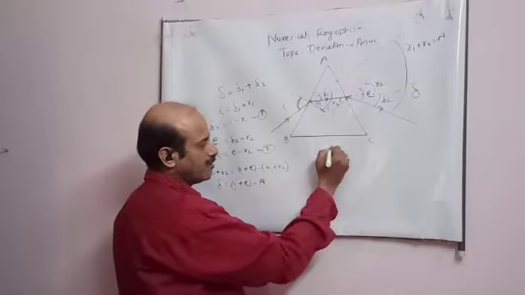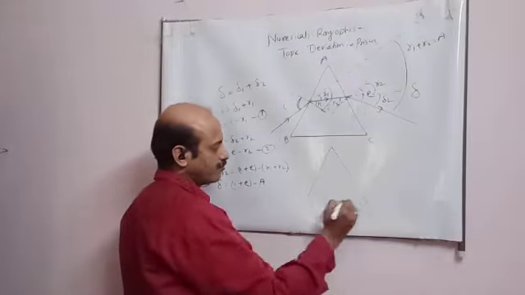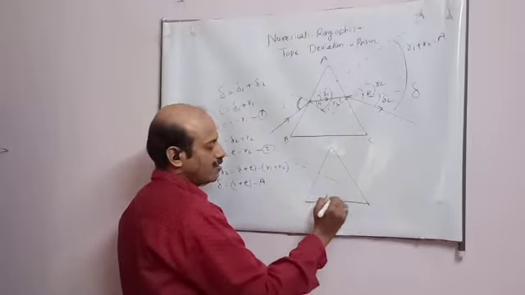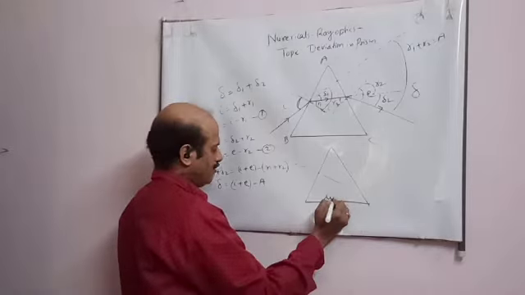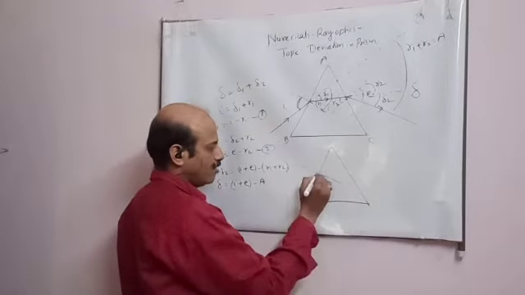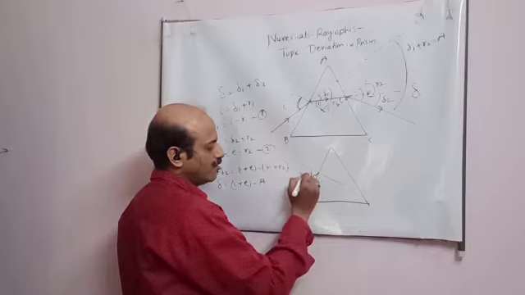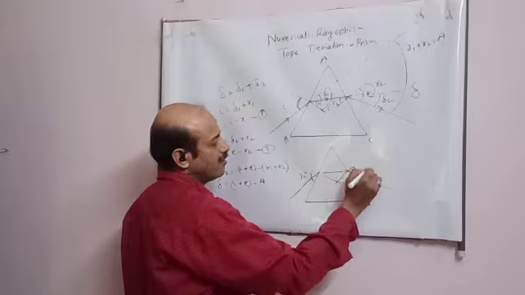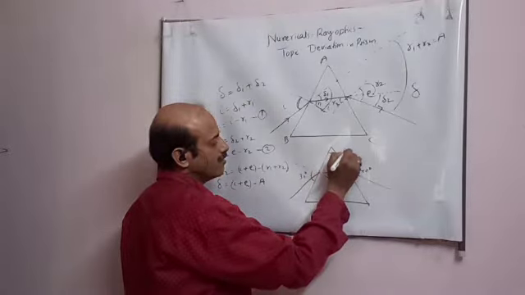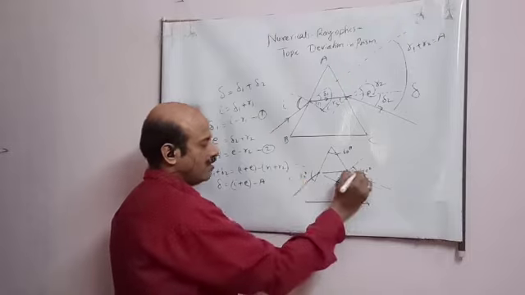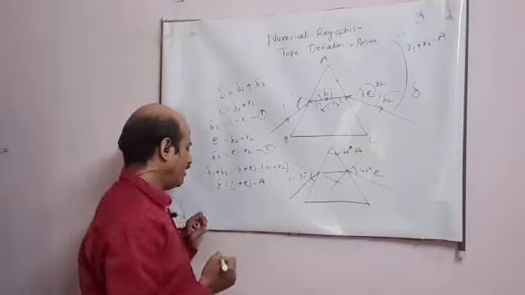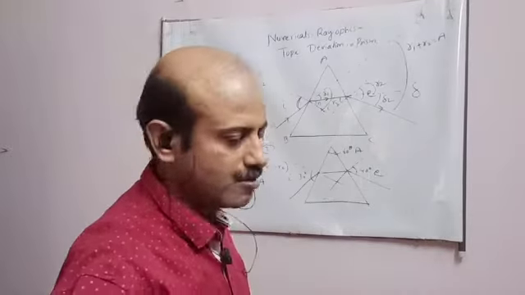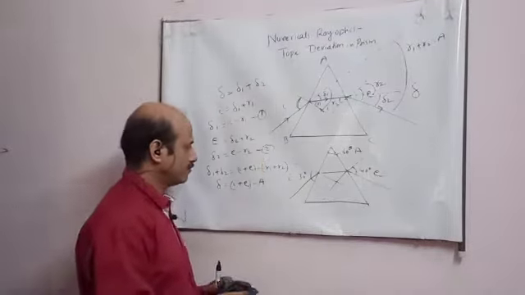For example, student, suppose this is a question. One numerical of this kind can be formed from here. Say mu is given. Mu is not required in this case, student. Say angle of incidence 30 degrees, emergence 40 degrees, and say A is 60 degrees, student. This is I, this is E, this is A. Directly you can find the angle of deviation with the help of this formula. So one numerical is of this kind.